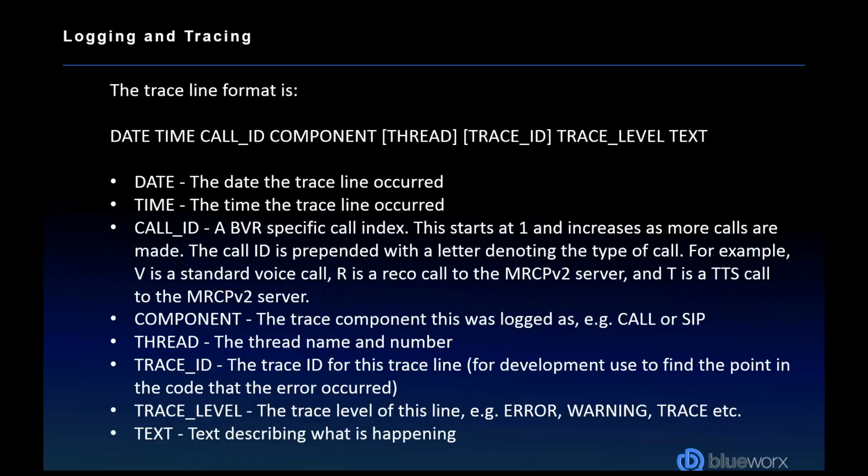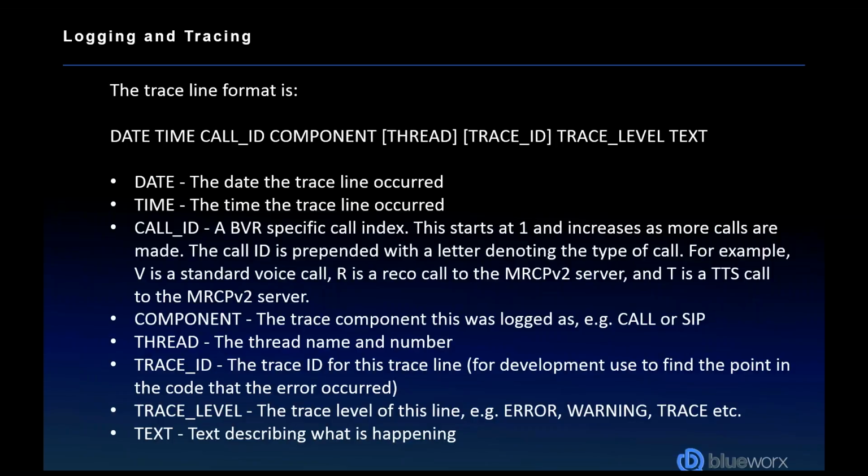The component is the component that it comes under, so SIP or MRCP or call. The thread is the thread ID and the thread name. The trace ID is a trace ID that is unique for that specific trace line. And that's mostly for our purposes. It allows us to be able to find that specific point in the code very easily. We also have just the text describing what's happening. So we've tried to make our trace lines as readable as possible and give you as much useful information as we can. So a lot of it is written in plain English, especially for a lot of the